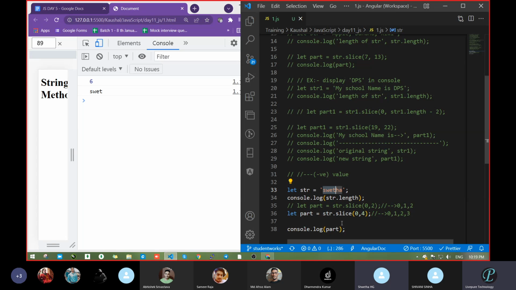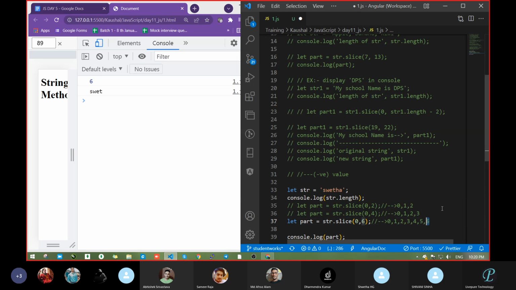Now, if you have doubt, tell me. Okay, now come to this one. What is the length? The length is 6. If I take 6, now tell me up to where it will reach: 2, 3, 4, 5, 6. Whether it will take 6 or not. It will take up to 5.